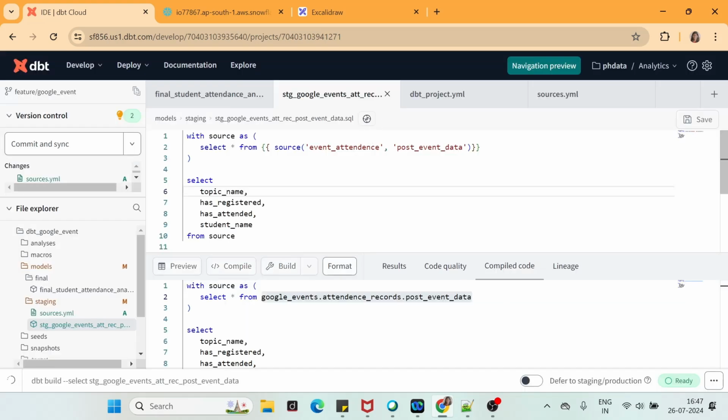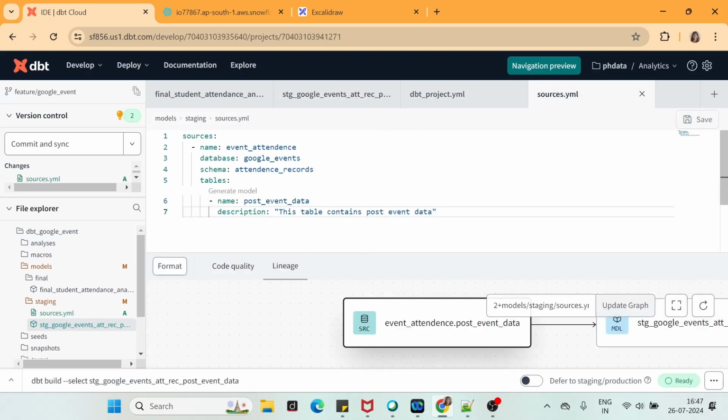Now there is another feature that we can add to this sources.yaml file, which is the test feature. I will create a separate video about dbt test, but for now I just want to show you something which will be useful in the later section of the video. Let me create the test in this sources.yaml file.